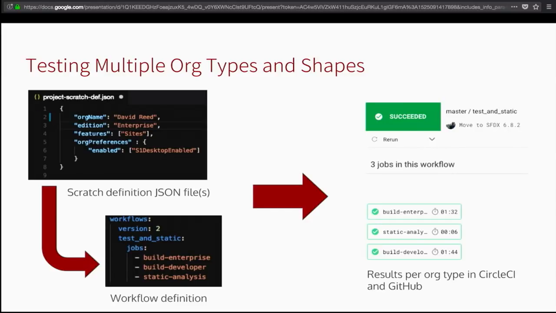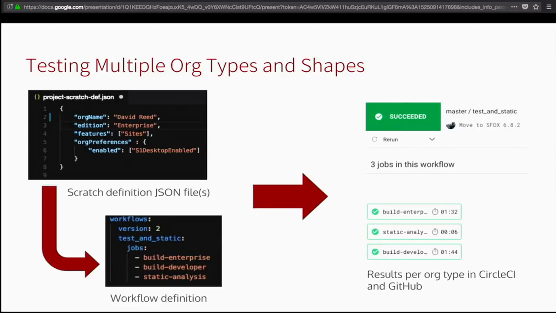In Salesforce DX, we use scratch definition files, which are written in JSON, to define what our scratch org looks like, including things like, is it an enterprise edition, or is it a professional edition, or unlimited, or what have you. We can also install different packages in those scratch orgs as part of our initialization process. So I said files, and that's for a reason. You don't have to have just one definition file that specifies what your testing org looks like.